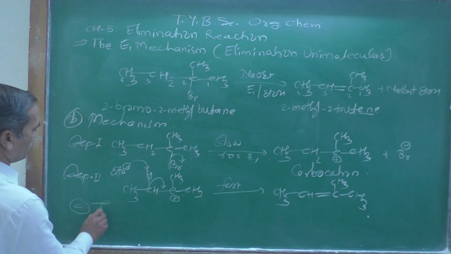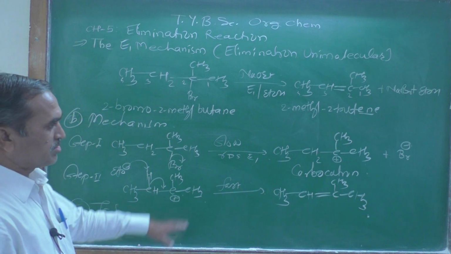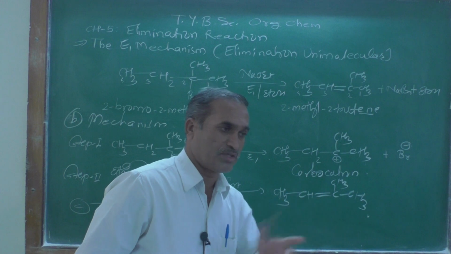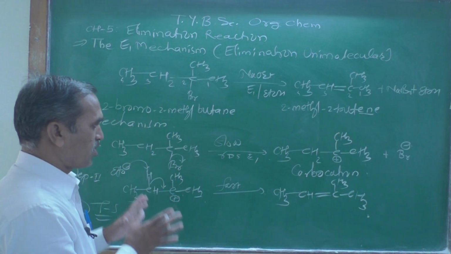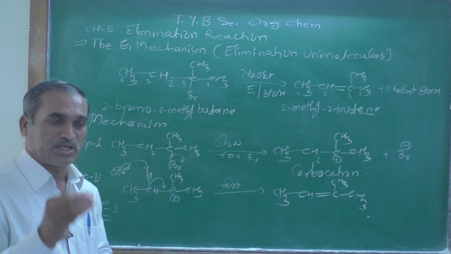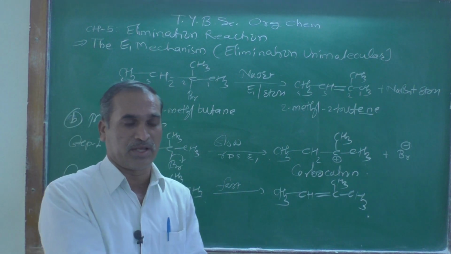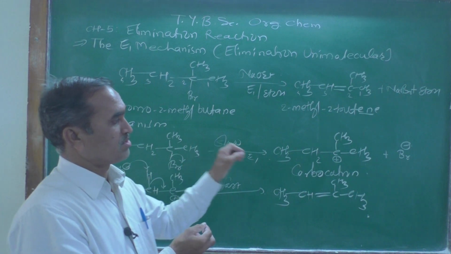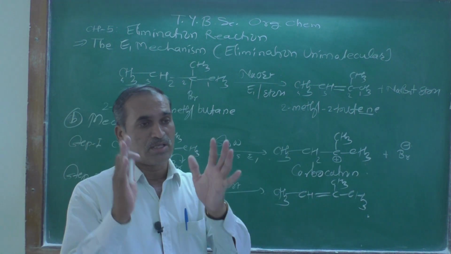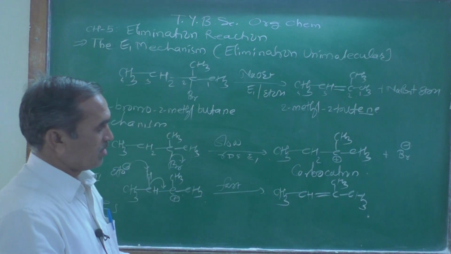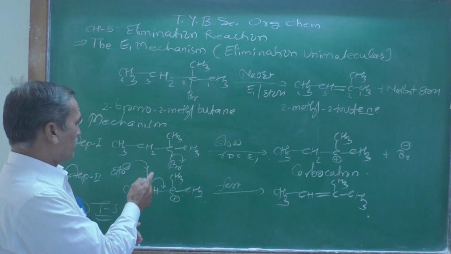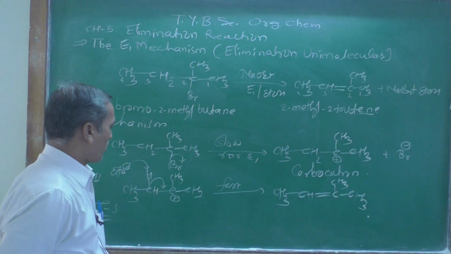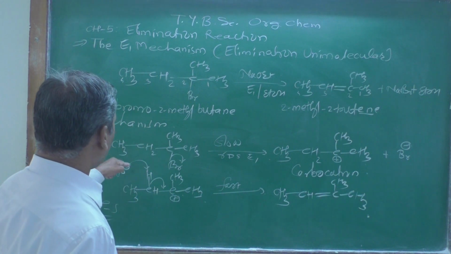C is the transition state. What type of transition state is obtained here? Here an intermediate is formed, not a transition state as such, and the intermediate is nothing but a carbocation. It is a short-lived carbocation intermediate, and in the second step, there is an abstraction. What is happening there?